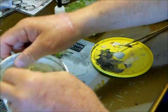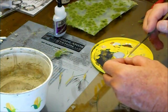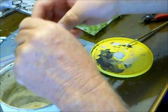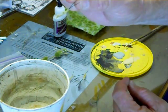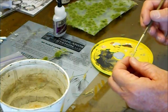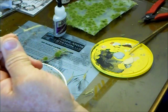Dunk. Paint. Dunk. Paint. Dunk. Now you can see that goes pretty quickly,